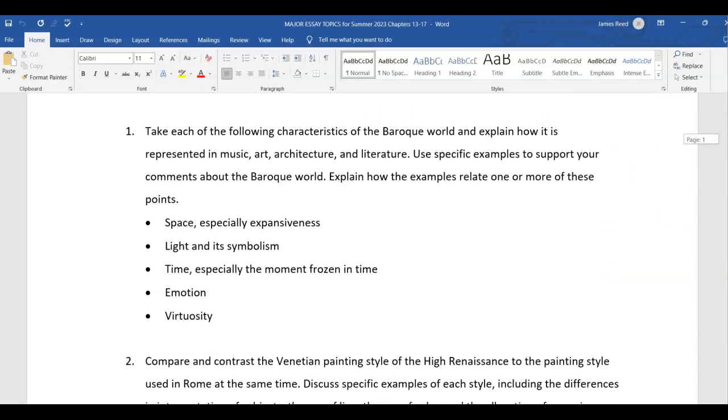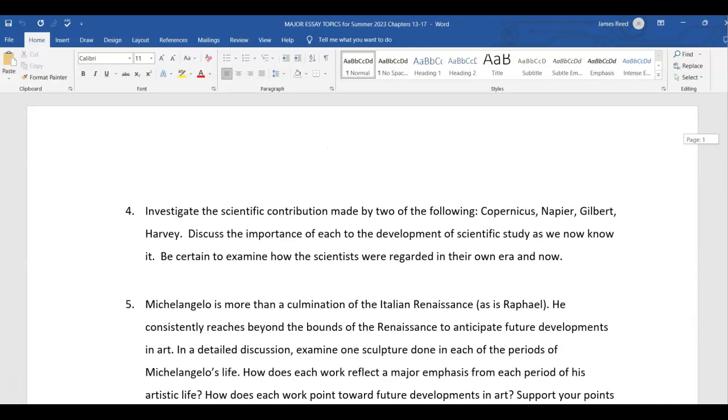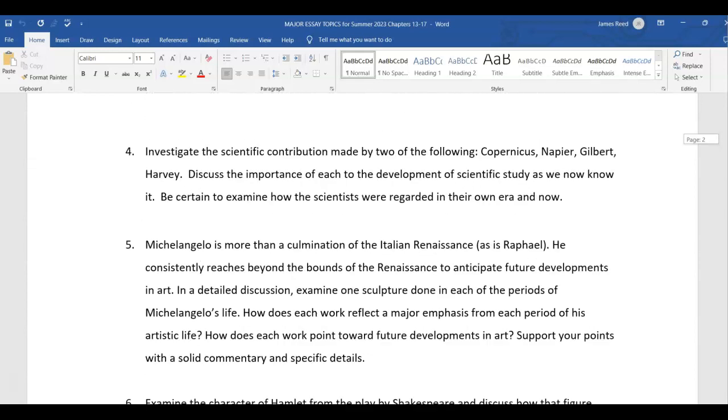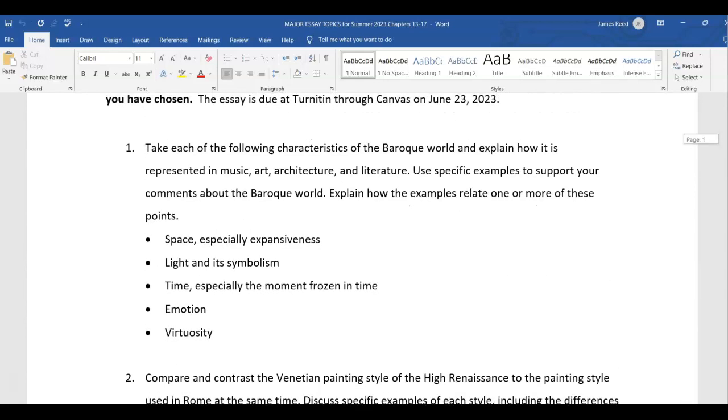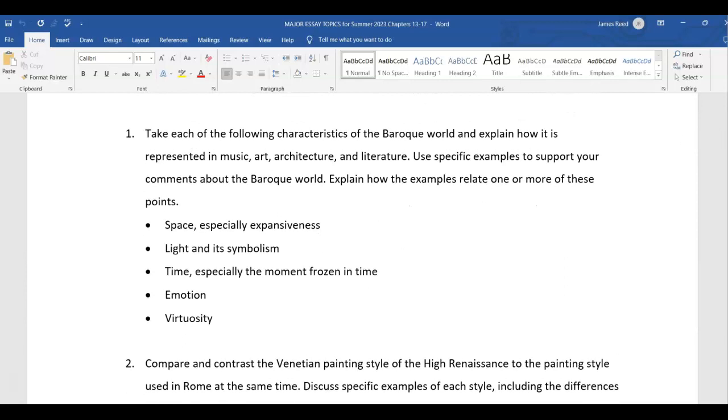So the first topic that you may choose, and there are 6 topics. There are a total of 6 topics. You select one of these topics. The first one concerns the Baroque era and the Baroque world, especially in regard, as it says here, music, art, architecture, and literature. You're going to go through and use specific examples to support what are the major characteristics of the Baroque period. If you watch the videos that are posted over the Baroque era,